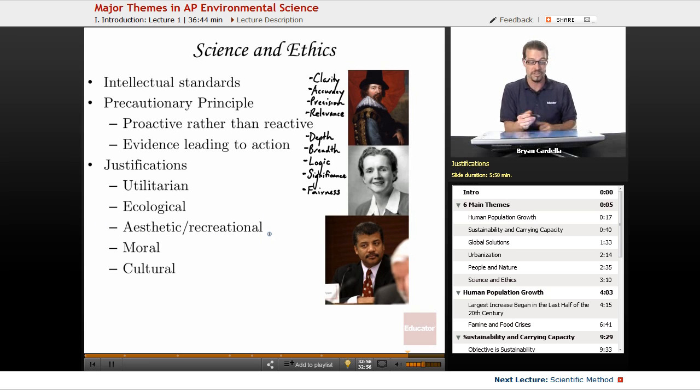not thinking about how we're impacting the environment. Aesthetic and recreational justifications are similar in the sense that it's just the beauty of nature, retaining nature's beauty. If we just take from the environment and build and destroy nature, it's not going to be as beautiful. Earth won't be as beautiful as what we remember. And related to recreation, going out in nature and enjoying the beauty is something that I think is a justification a lot of people can identify with.